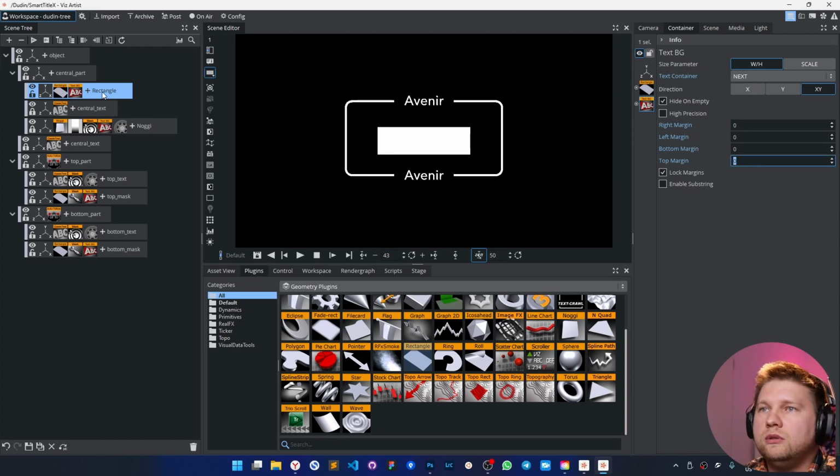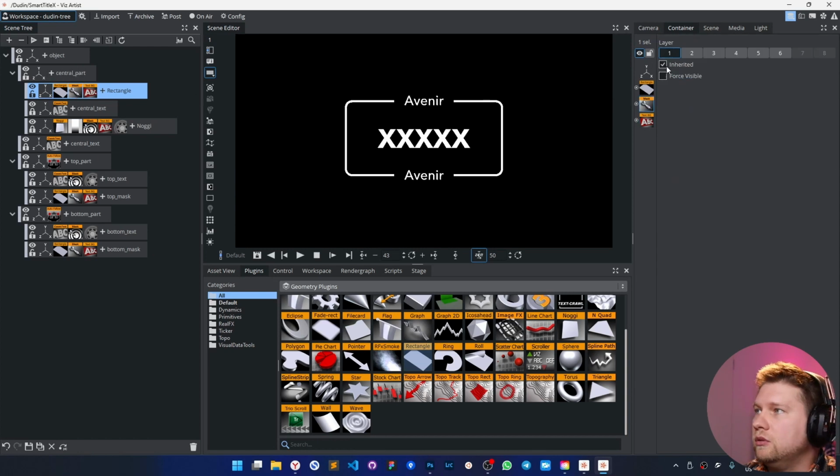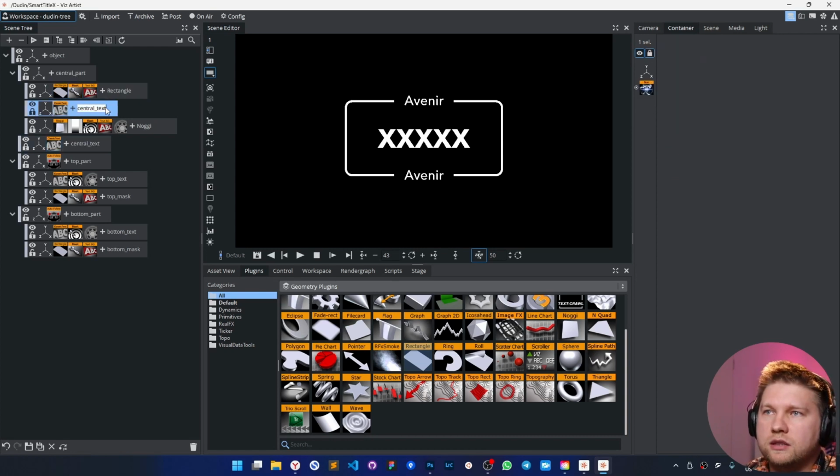And what I can do, also use source mask for that. I'm going to use the third layer here, and for this text will be visible. This text will be just static. Let's rename it static, just for the size. Oops, central text static.